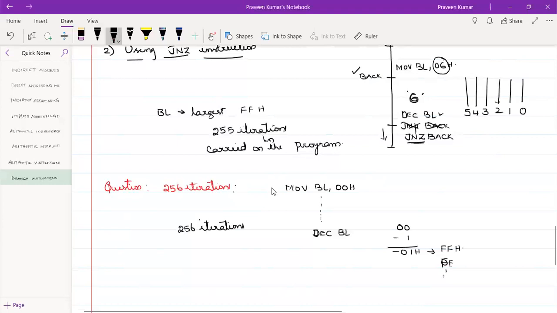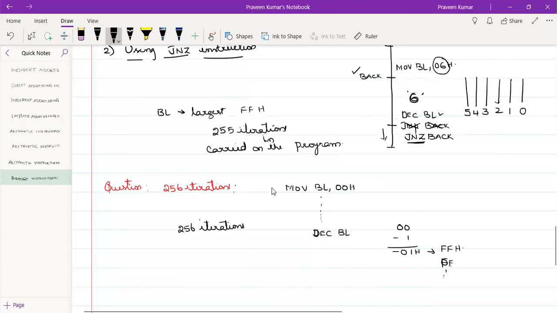If I write this decrement BL anywhere in this loop, after it we have to take care that no arithmetic operations are performed between the decrement BL and the jump if not 0. If I perform any arithmetic operations, the flag registers will be changed automatically.